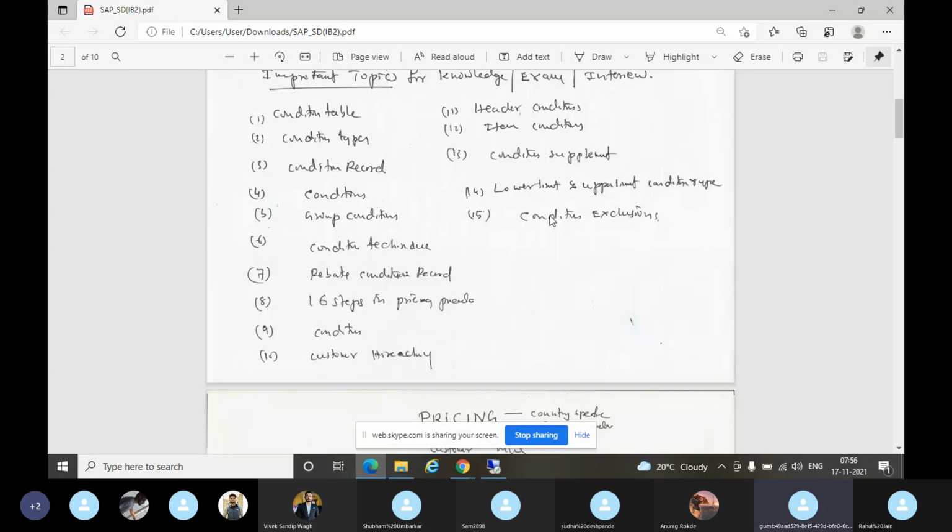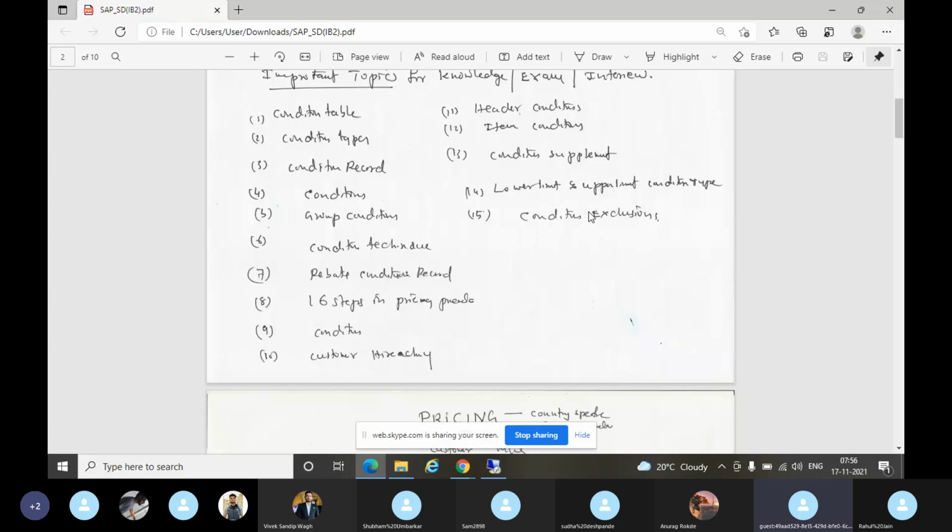Then next, conditions. Conditions means what? Group condition means what? Rebate condition, right? Please also rebate condition type. Then condition scales, header condition, item condition, condition exclusion.